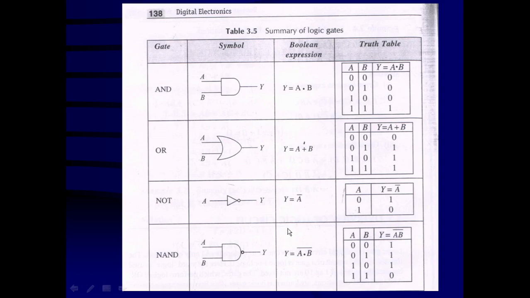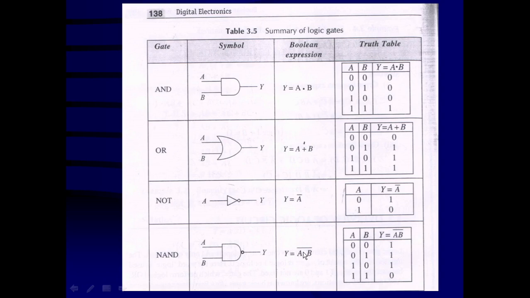Remember. Then using these three basic logic gates, if we combine the AND gate and NOT gate, with the NOT gate following the AND gate, then it becomes the NAND gate. And for the NOT gate, only a bubble is shown in the symbol. So the AND gate followed by a bubble indicates that this is nothing but the NAND gate. And what is the Boolean expression for the NAND gate? Y is a function of A dot B whole bar.